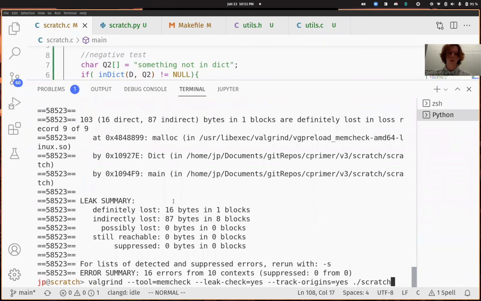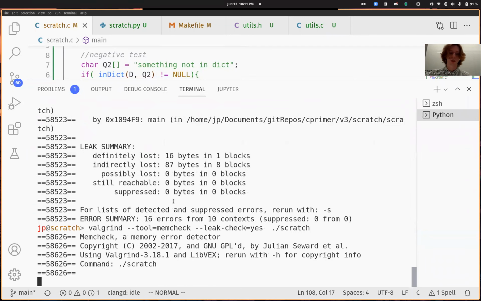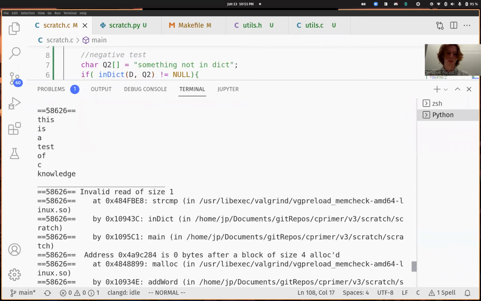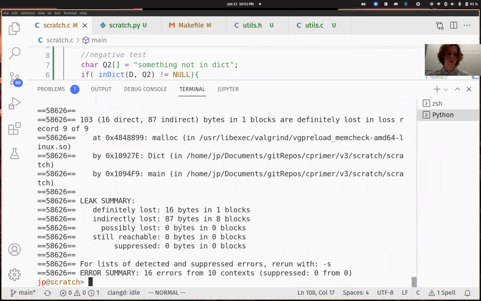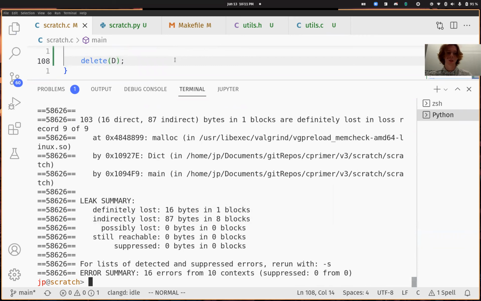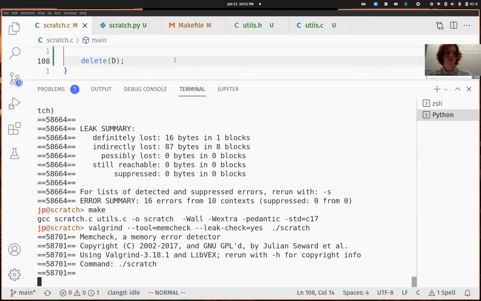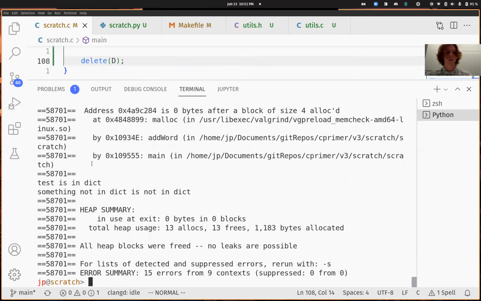I believe if we take away track origins equals yes, then we'll get a much simpler output. I guess it's still pretty verbose. But anyways, it can help you detect this leak check. What we should expect to see if we actually delete this, though, is no memchecks. Oh, if we remake the program first. And there we go. So because we properly deleted and freed everything we allocated